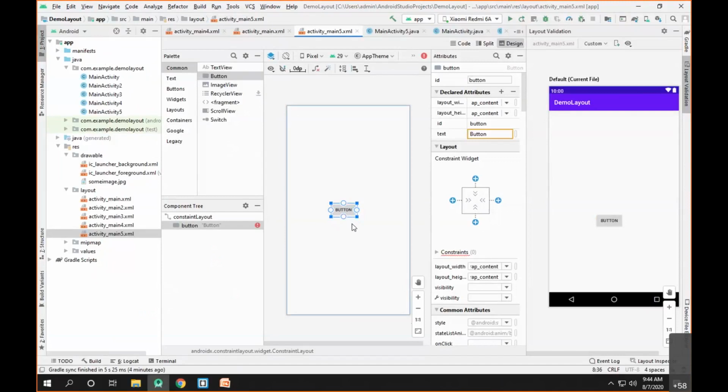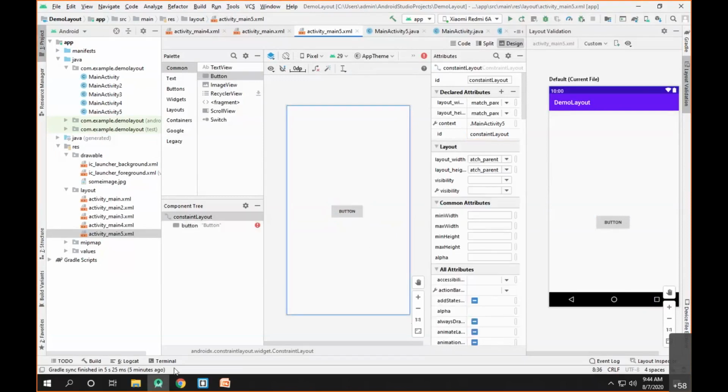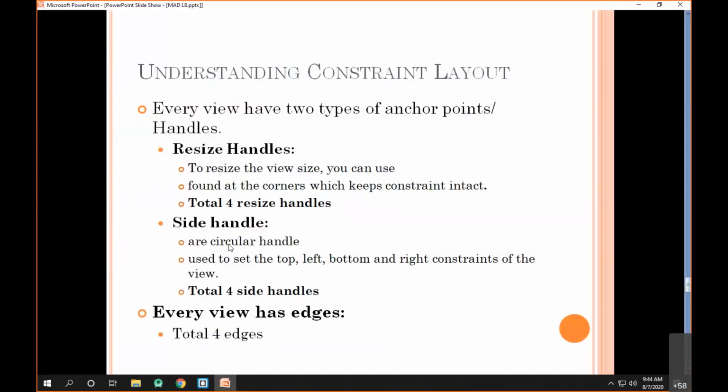So the reason behind this is very simple. By using these handles across the corners, I can resize the view. So that's why they are called the resize handles. Then the other handles that we have across the sides, or which are shown in a circular manner, are called the side handles.